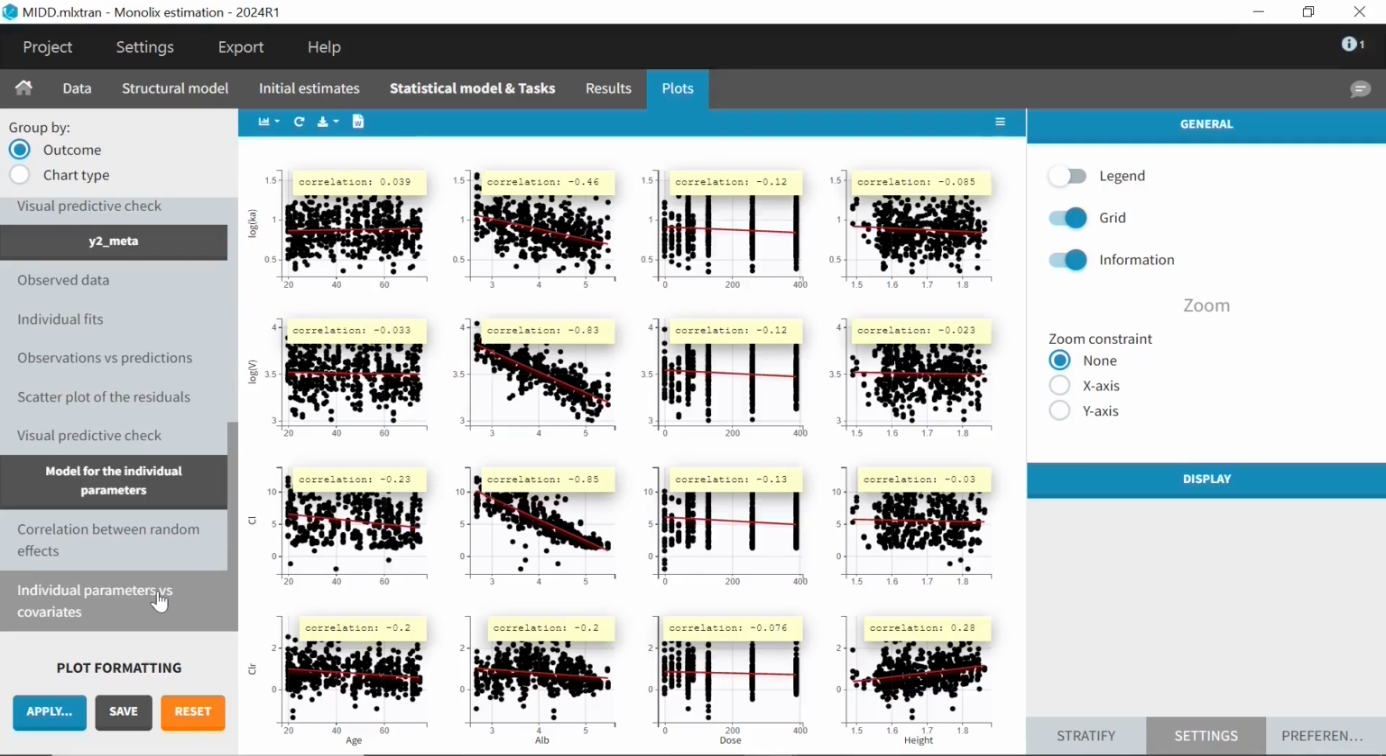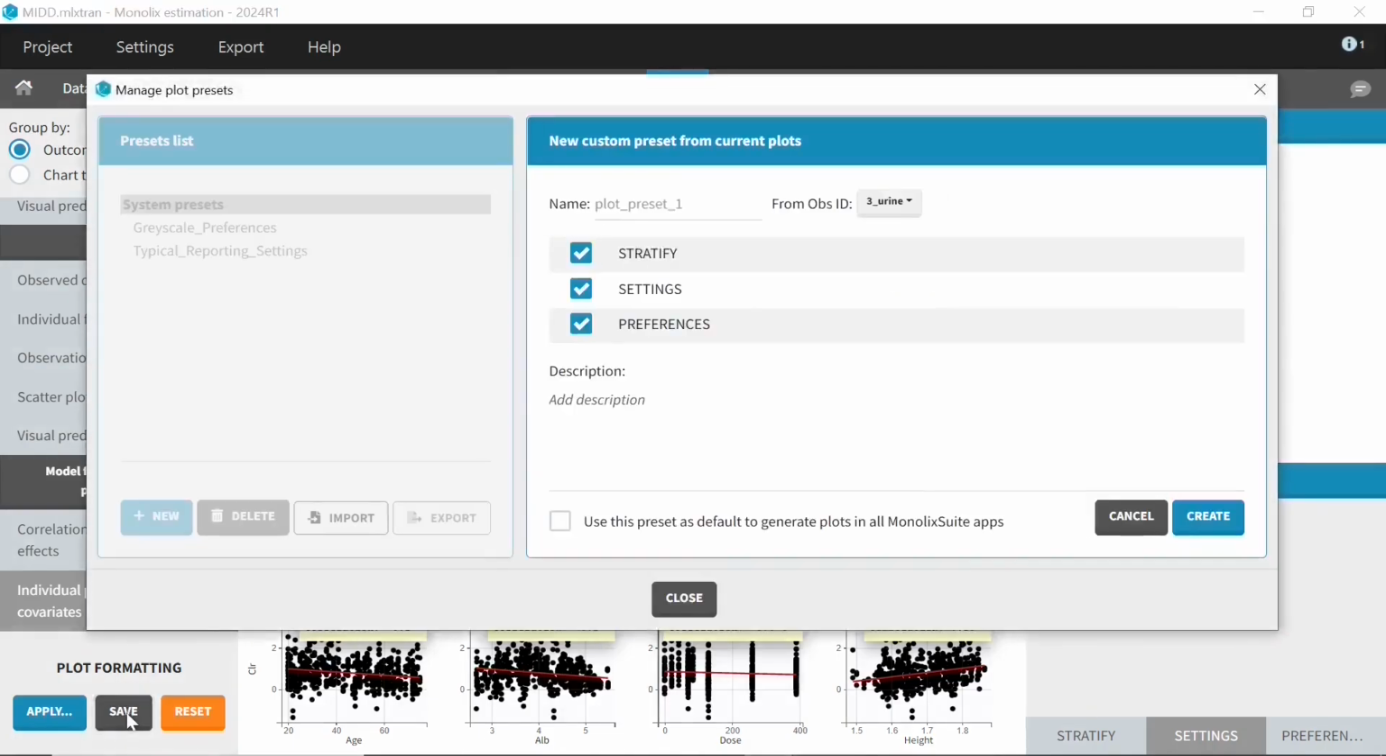Let's assume I have finished my plot customizations. I would now like to save all plot customizations via a preset. To do so, I click on the Save button at the bottom of the left panel. This opens another window where I can specify more details for my preset creation. First, I give the preset a name. I call it In-house plot preset. Then, I specify which observation ID the customizations should be based on by selecting it from the